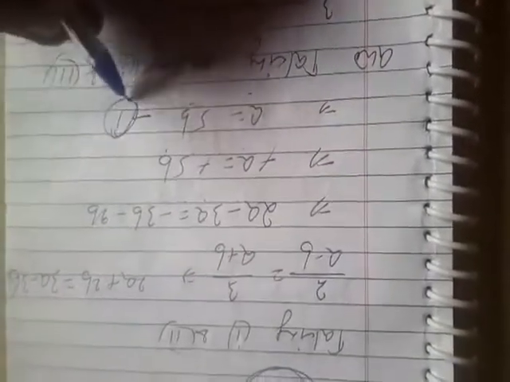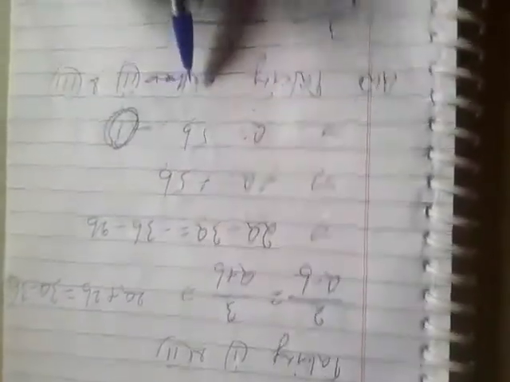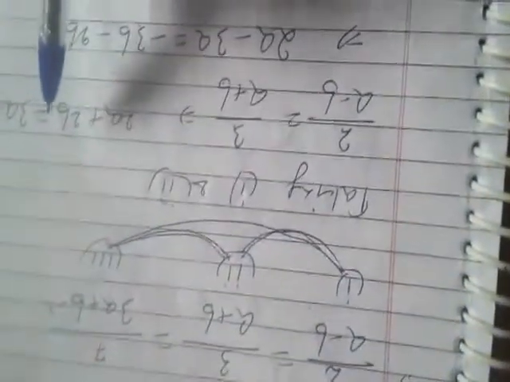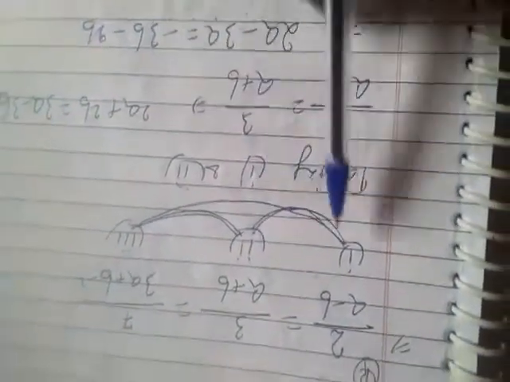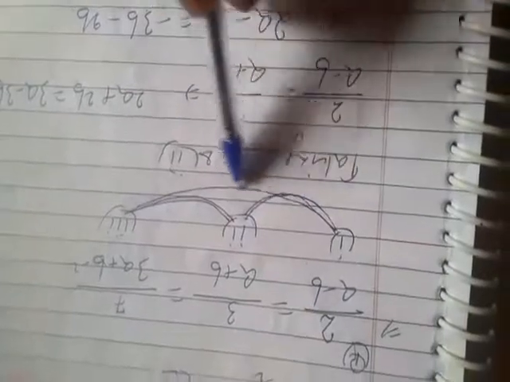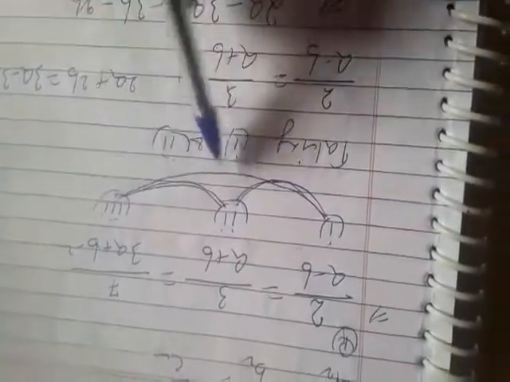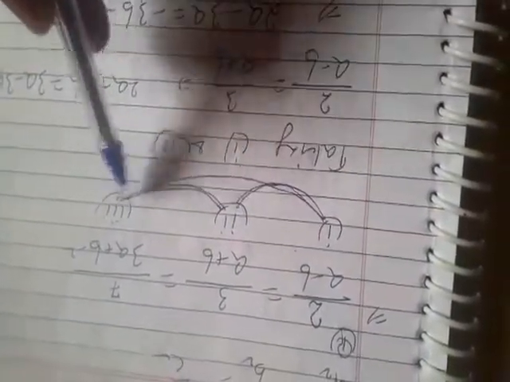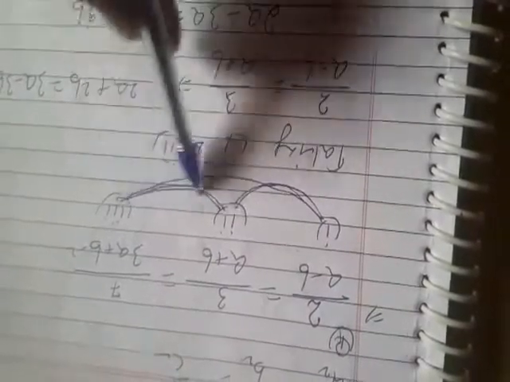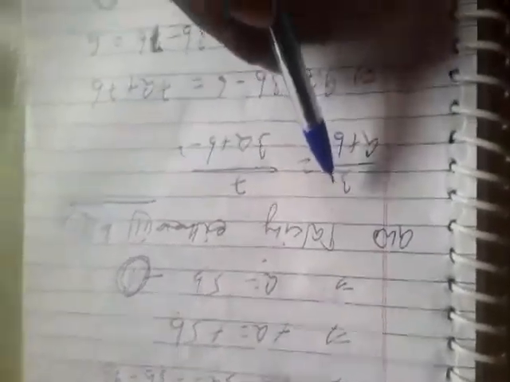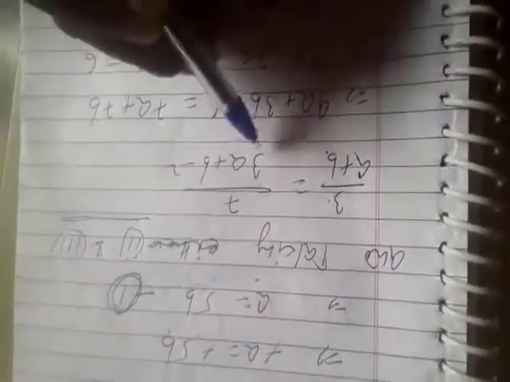Now we will take either condition 1 and 3 or condition 2 and 3 to get another equation. You can take either of the conditions. If you wish, you can take 1 and 3 together or 2 and 3 together. We have taken over here 2 and 3 together. By taking the conditions 2 and 3, we get 3 by a plus b is equal to 7 by 3a plus b minus 2.